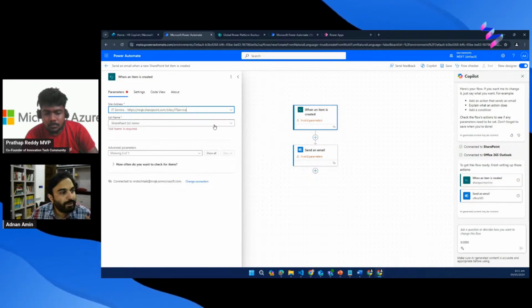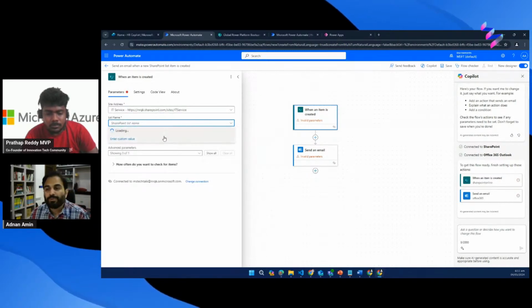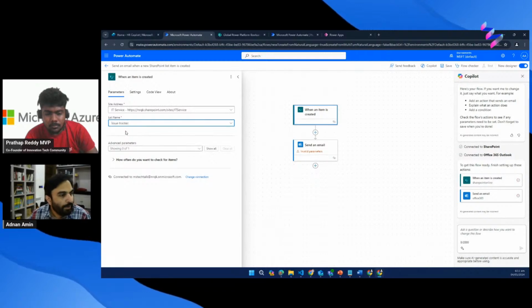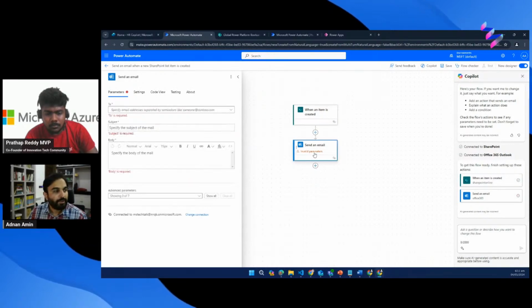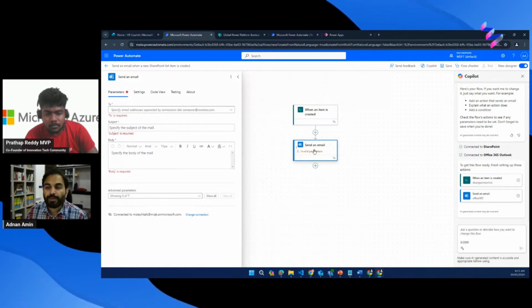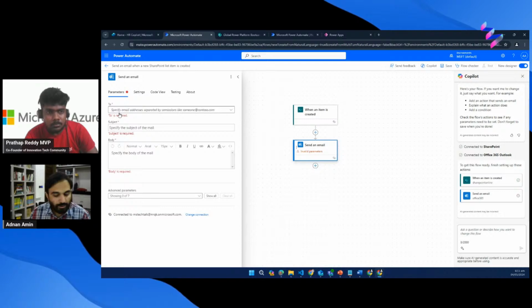It will give me the available list names because I mentioned the list. If I mention the document library, it will show me the list of document libraries here. I will click on it, and whenever an item is added, it will send an email. Because in the line of text which I mentioned, I haven't specified to whom the email will be sent and what the title or information will be. So this is how we can